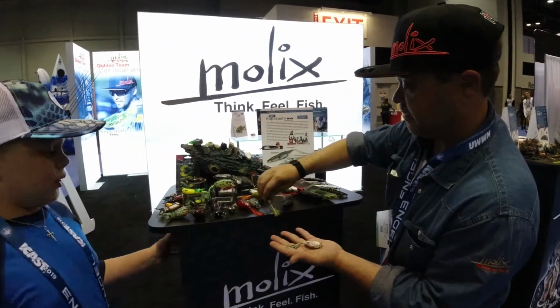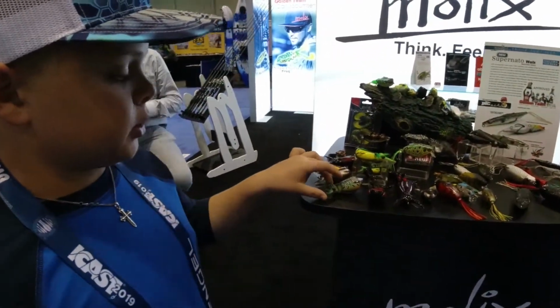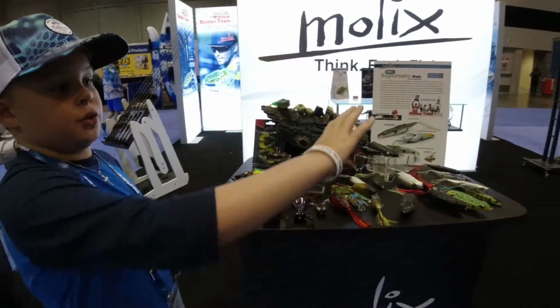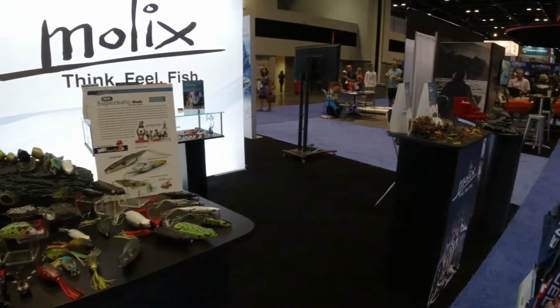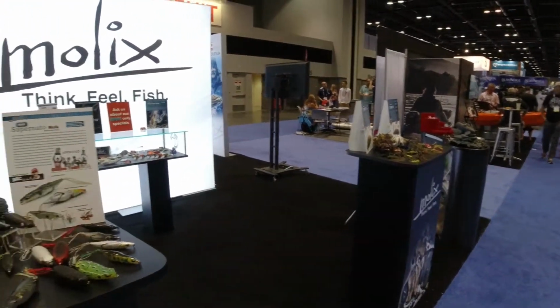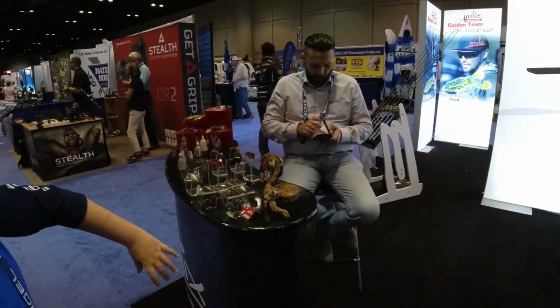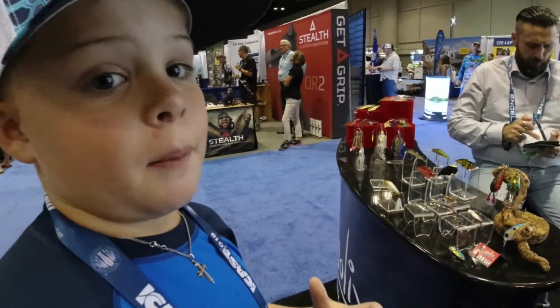So I love the attention to detail of these baits. I mean, even though we're not covering it, you have a beetle. If you can pan the studio, the setup here, the booth. They have jigs, they have soft plastics, they have hooks, they have rods back here, they have hard baits, they have blades, spinner baits. They have all sorts of amazing